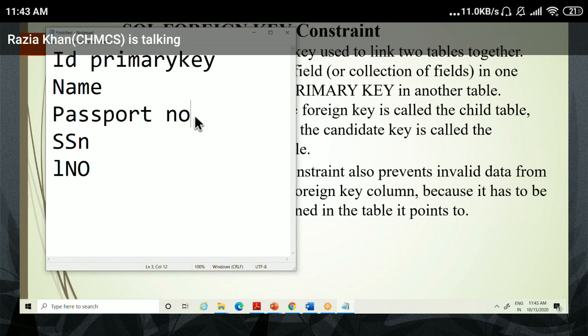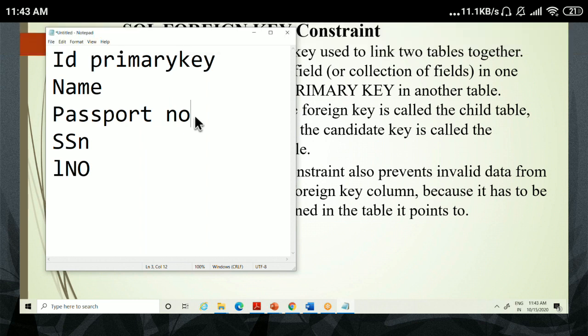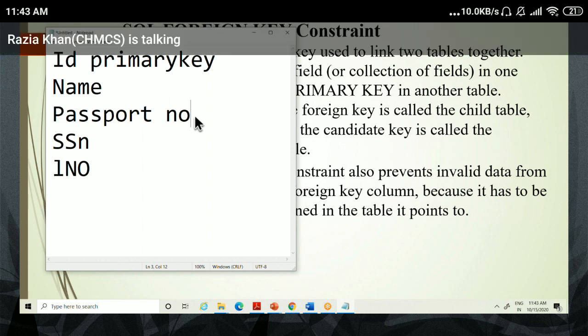But your question is what is candidate key? So that's why I'll explain this concept. I'm explaining this concept because your question is what is candidate key. Yes, so candidate key means attributes which are uniquely defined, except the primary key. In our case there are four attributes which are uniquely defined, but we are using the primary key on the ID column. So I'll just accept this ID column. I'll consider this passport number, SSN number, license number as candidate keys.